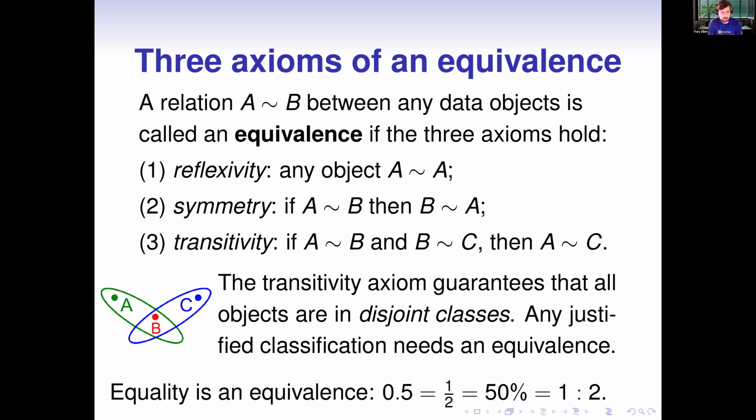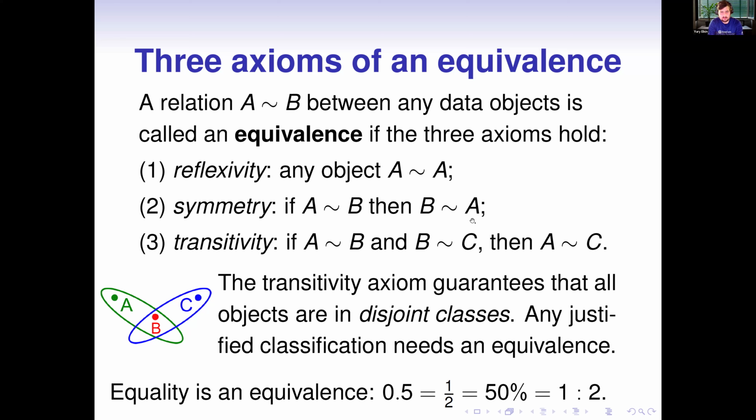And for this, we need this thing called equivalence relation. And so basically, relation can be anything, but equivalence relation is a relation that has those three properties. So there's this reflexivity, that an object is always related to itself, and then there's a symmetry that if object A is related to object B, B is related to object A, and then there's transitivity that if A is related to B, B is related to C, then A is related to C,